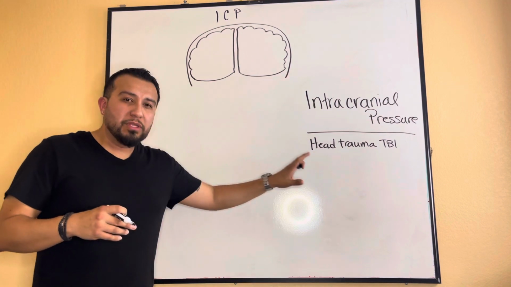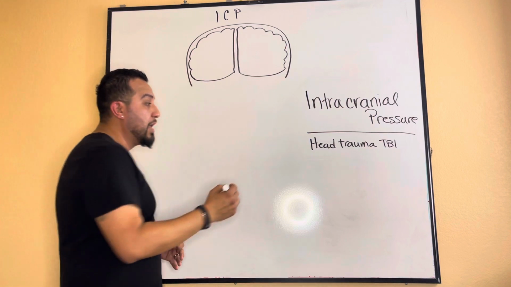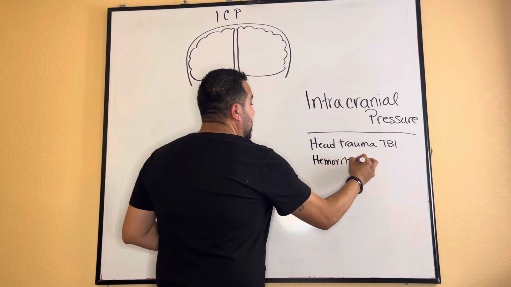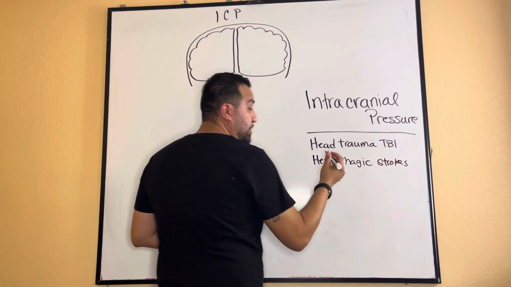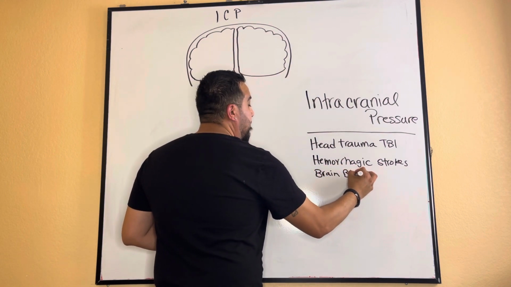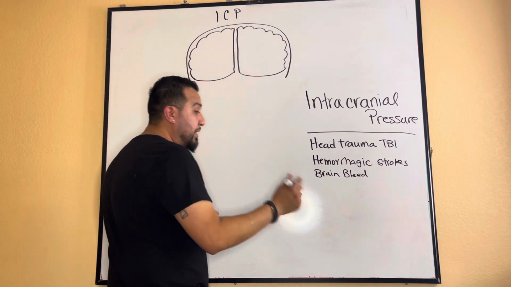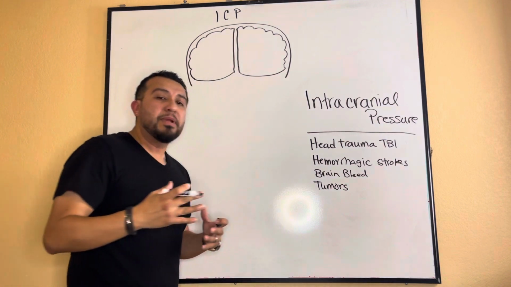So that's usually the main culprit behind ICP, but we have other secondary issues like hemorrhagic strokes, or just general bleeding in the brain. Okay, it could also be attributed to things like tumors, or other elements that just increase